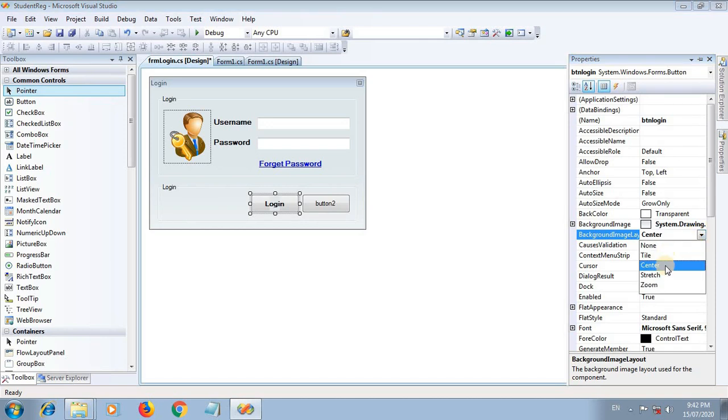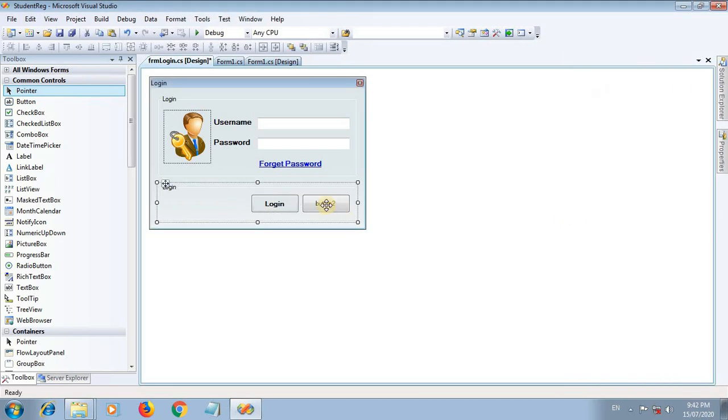This is the background image layout, stretch. These are the various properties, but I am using a type here. In this way you can select a background color for the buttons also.